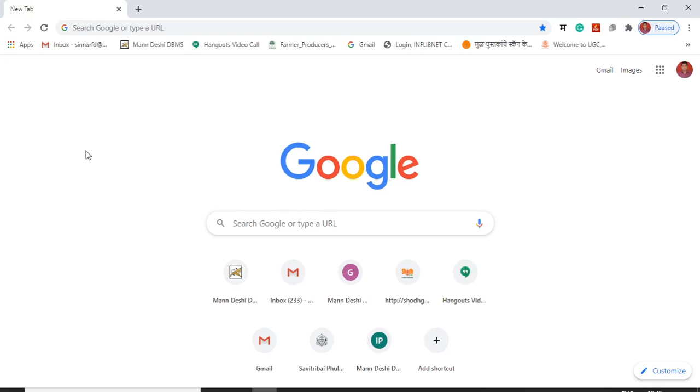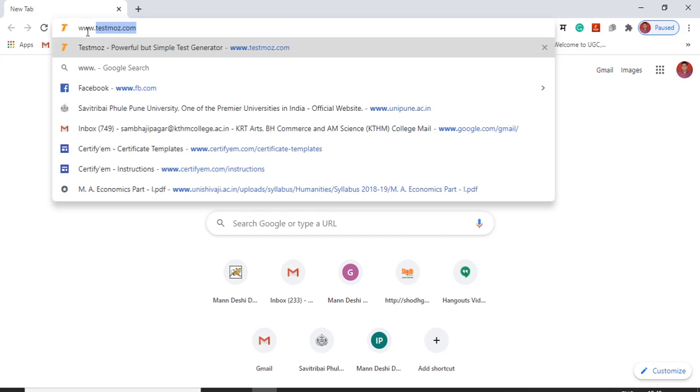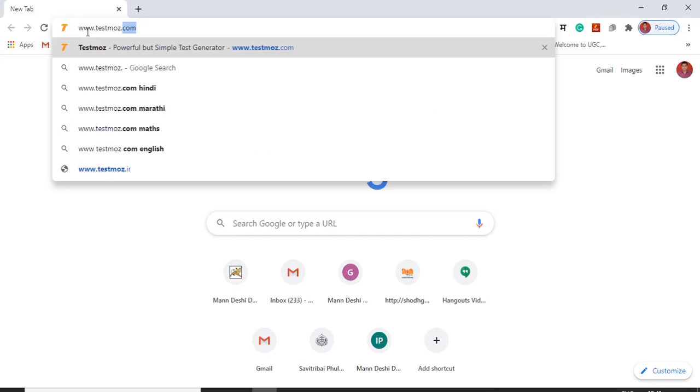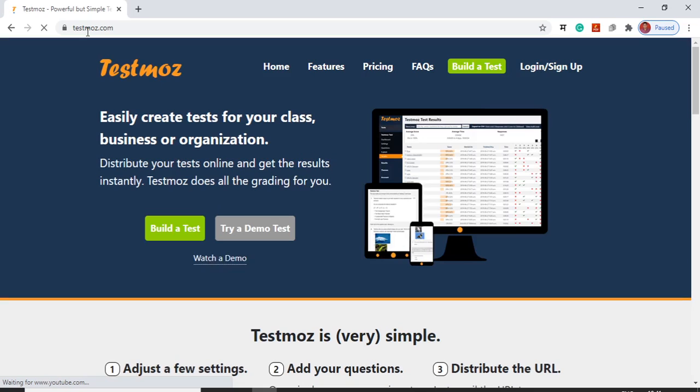So to use this important tool, go to your browser and type the URL www.testmoz.com and press enter. Here we can see the official website of TestMoz.